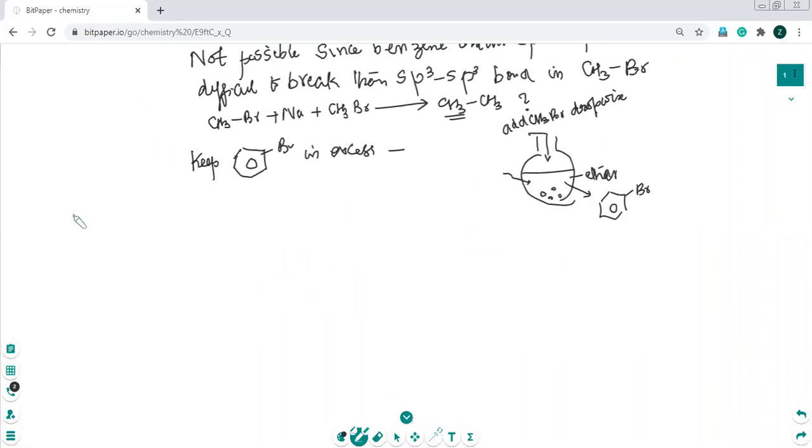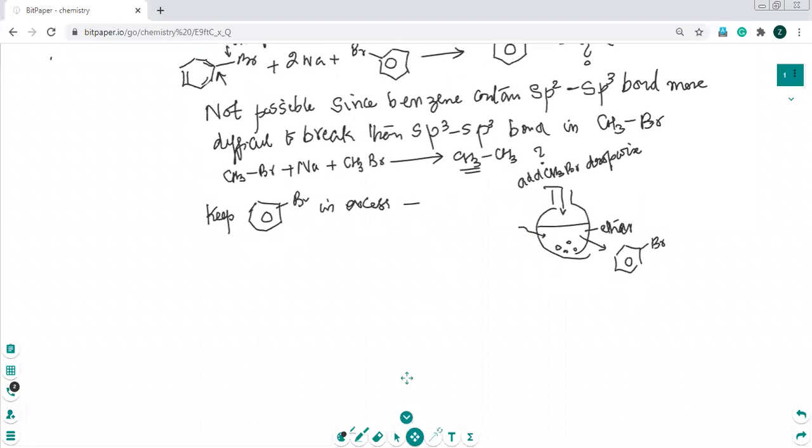Now there is a different reaction. If you want to prepare both aromatic compounds, I'll put the names here. So to prepare both aromatic compounds, you can do the same reaction with 2Na plus